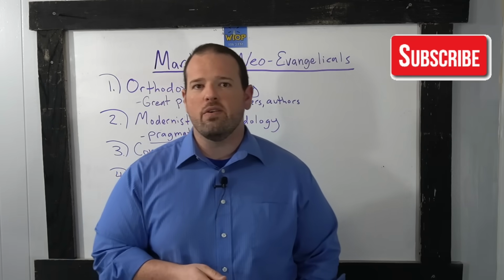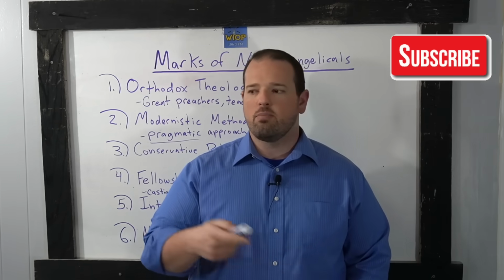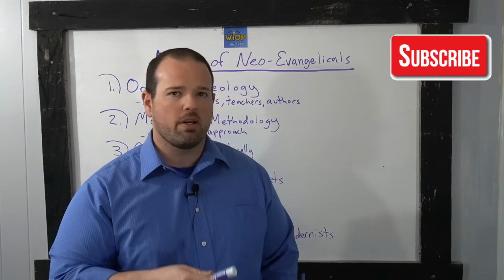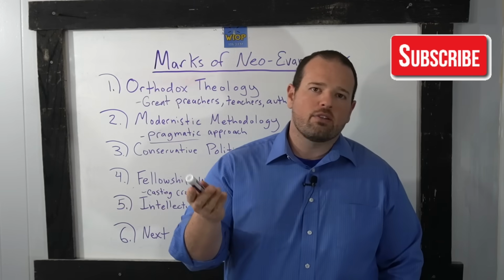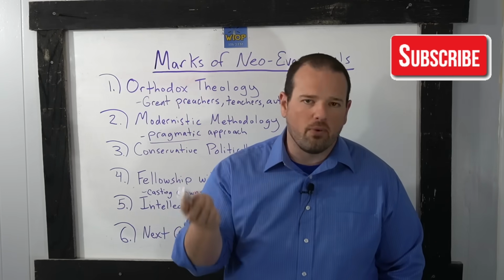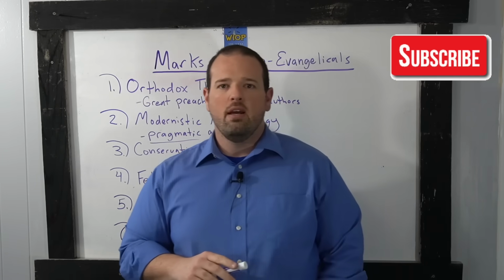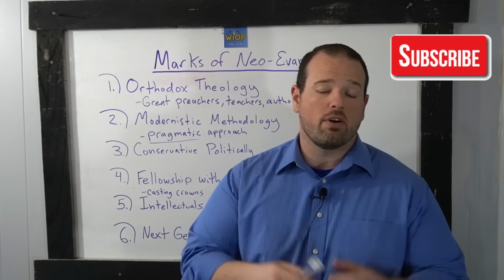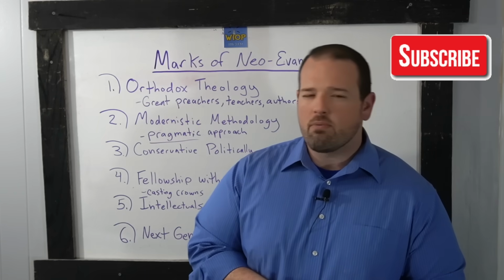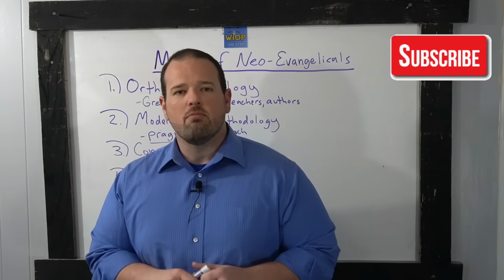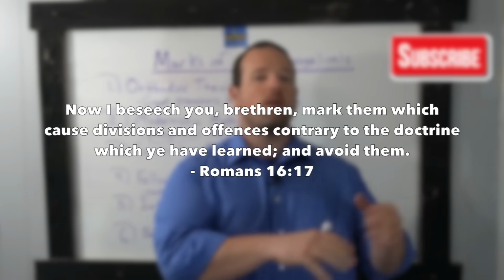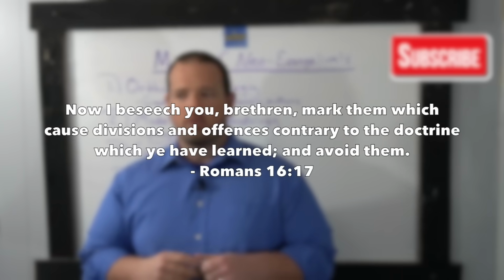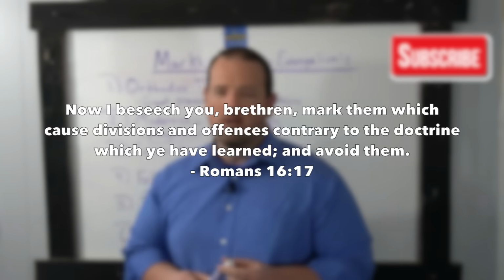And John Piper is another Neo-Evangelical guy too. He'll go preach at the Passion Conference, and then he'll go preach with Rick Warren, who is a well-known modernist. There's pictures of him praying with Rick Warren on the internet. And so he fellowships with people that are heretical in their doctrinal positions. John R. Rice, the famous fundamentalist, always said, a man always goes wrong in his fellowship before he ever goes wrong in his doctrine. And so that is a problem. The Bible says in the book of Romans to mark those who walk contrary and avoid them, meaning that you really should not be holding hands with heretics in order to help the truth of the gospel get out. So that's what the Bible teaches.